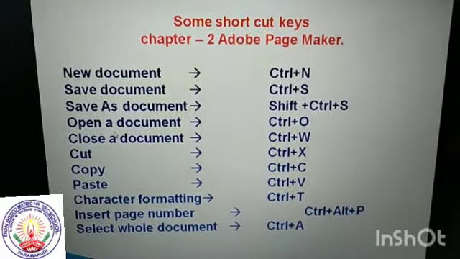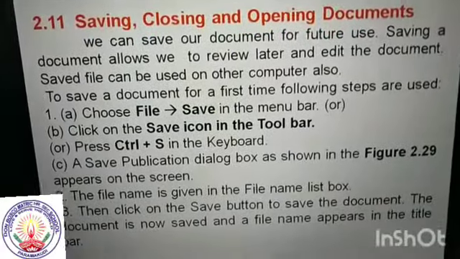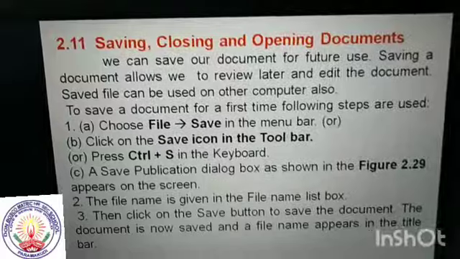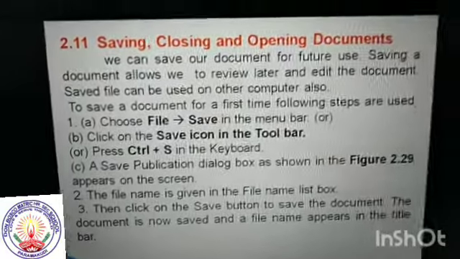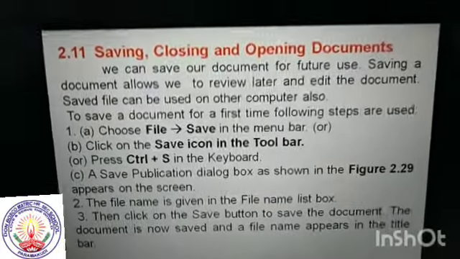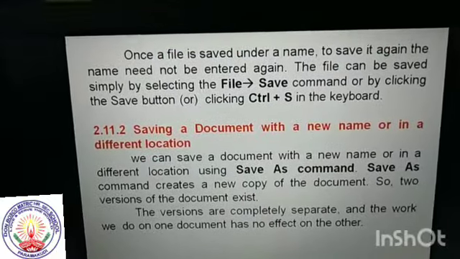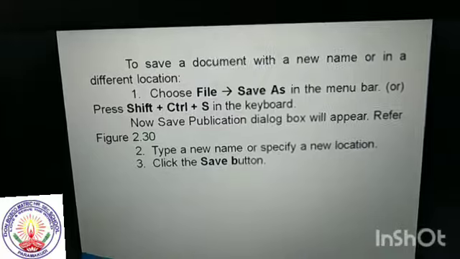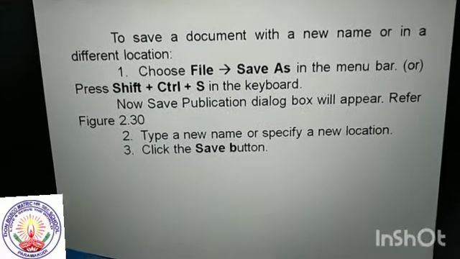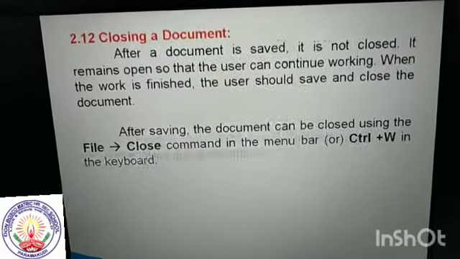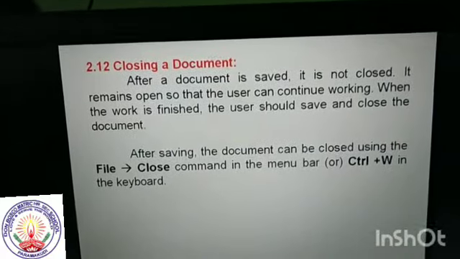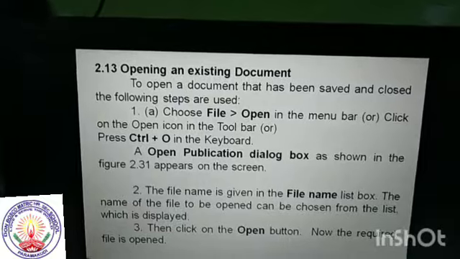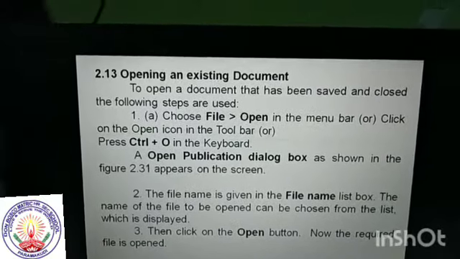Okay, thank you. Dear students, this video you just have to recall: saving, closing and opening a document. And the Save As command: the shortcut key for Save As is Shift plus Ctrl plus S. For opening an existing file we use the Ctrl plus O shortcut key.